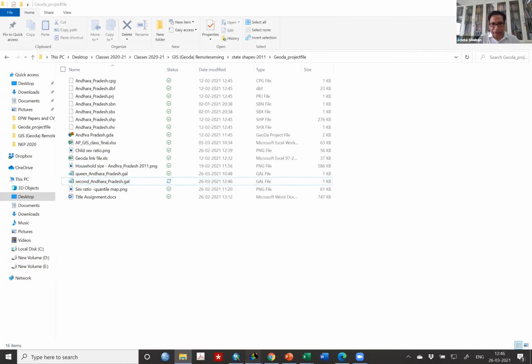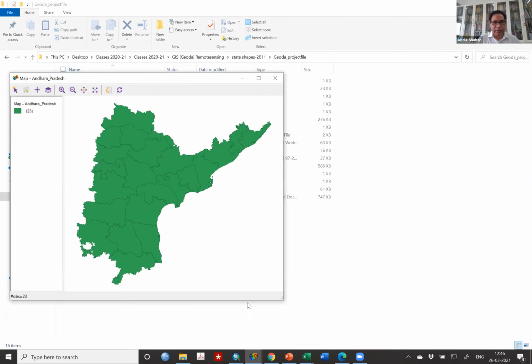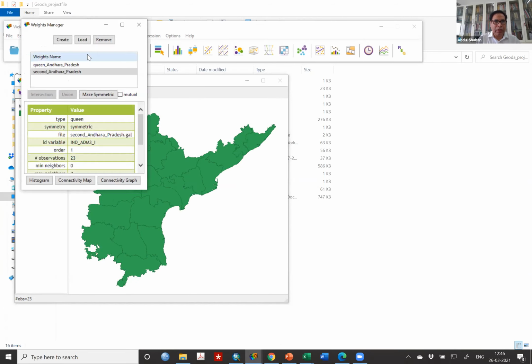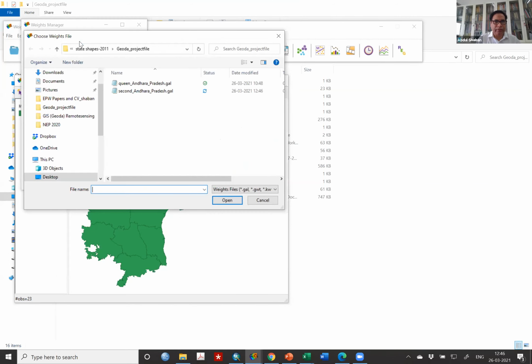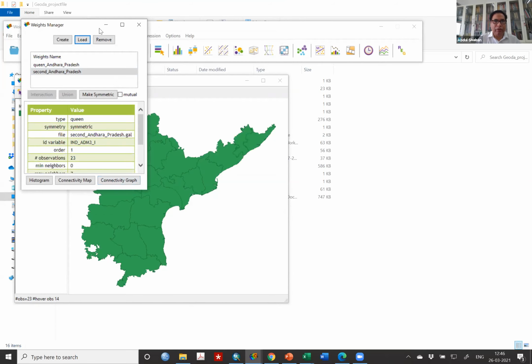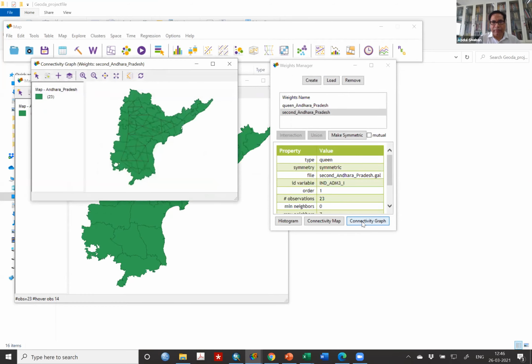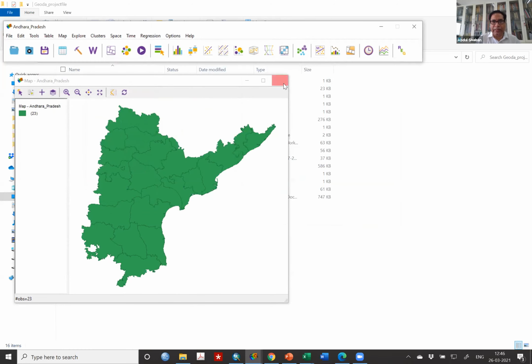Now go back to your Geoda and come to here. Now you go to W and you say load. Same weight matrix if you have corrected it. So I have second Andhra Pradesh. I say okay. Now if I look at the connectivity graph, I think there is still a problem because I need to close it and open it again. Just one minute.